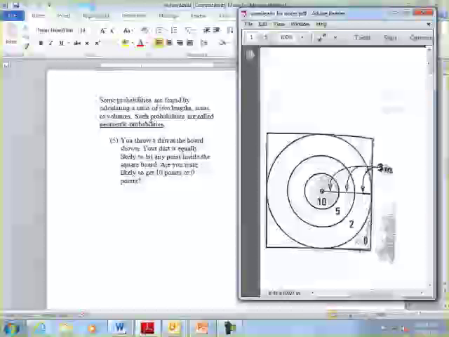Now, if this is a good dartboard, it should be more likely to get 0 points with a random throw, right? It should take some skill to get 10 points. So what we want to say is, is it more likely that you're going to end up with 0 points or 10 points? To figure out the likelihood of getting 10 points, we would want to take the area of the 10-point space